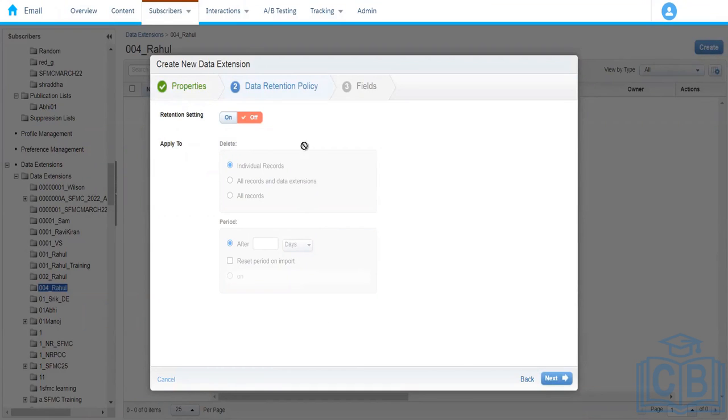Next, we have retention setting data. Retention policy says how long you want to keep this data in this data extension. Marketing Cloud as a tool serves the purpose to communicate with the customers, to engage with the customers. Now it is not meant for data storage, basically. In some cases, we are storing the data in a data extension and after, let's say, 1 month or 2 months or 6 months,